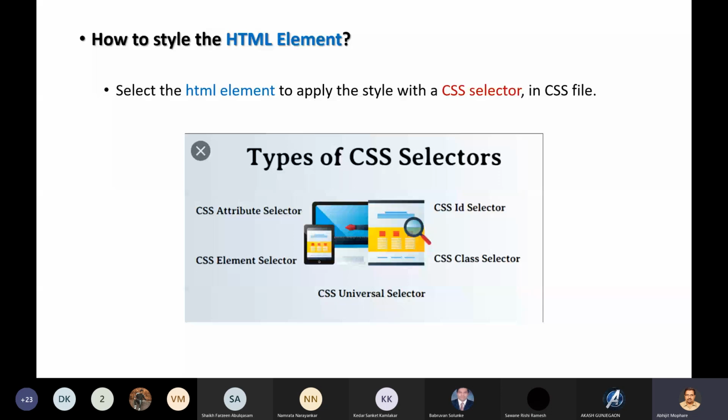त्या document मध्ये style introduce करते. So style means color, shape, everything, the look and feel, right? So how to style the HTML element? मग तुमचा आपण म्हटलं every HTML document is a collection of HTML elements. So you have to style each and every element separately. Okay, so how to style your HTML element?